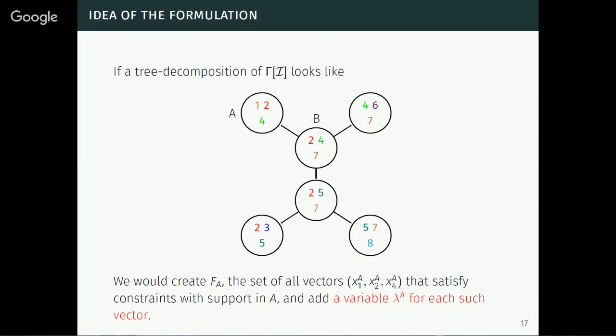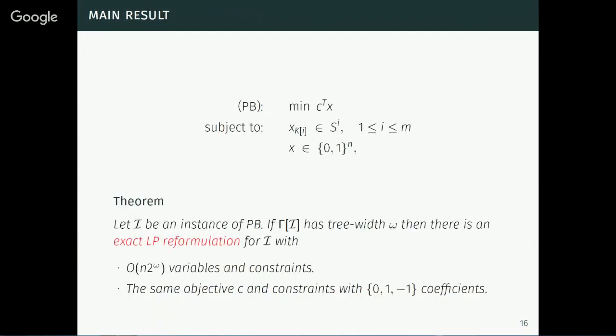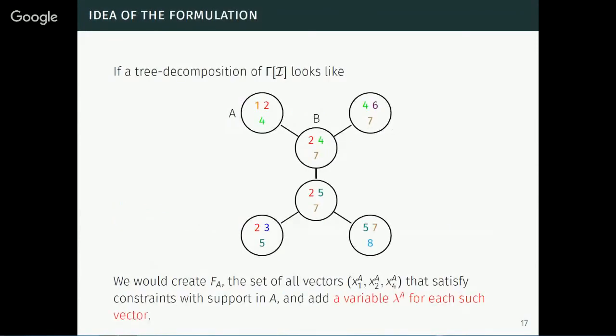So as Orlando said, the whole point is that since they're all binary and we have this decomposition of variables, this now groups variables. It's a way of grouping variables in some order. You can actually enumerate binary things, okay? So that's why there's a 2 to the omega there, because you enumerate all possible vectors with support here. Let's say you enumerate all vectors x1, x2, x4 for this bag that satisfy constraints that are supported only there,